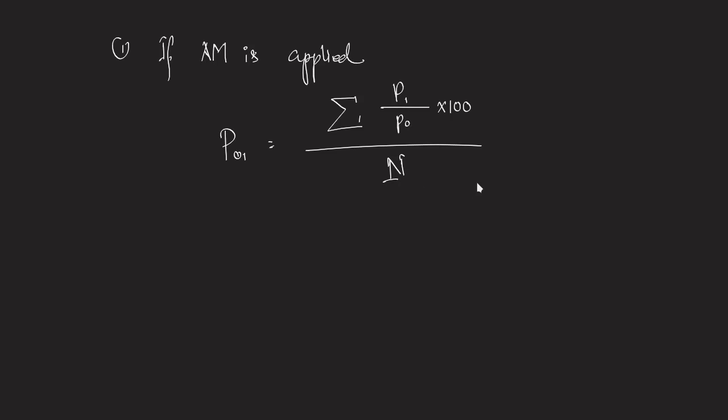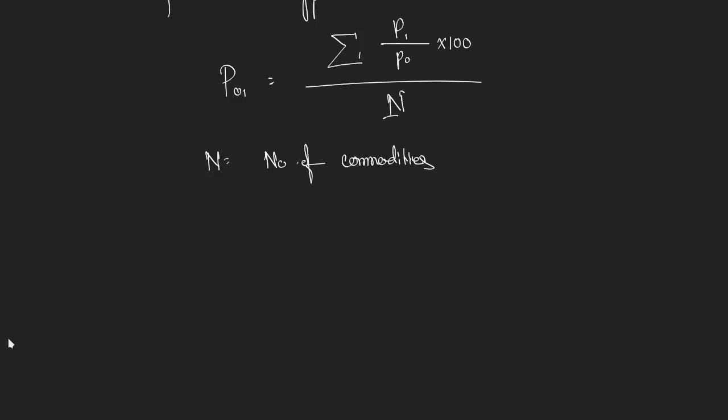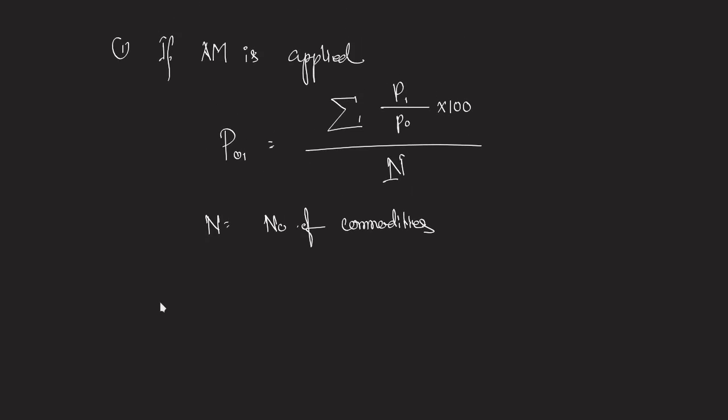N means number of commodities. So n is number of commodities. Yes, if arithmetic mean যদি apply কৰা, আৰু যদি geometric mean apply কৰা যায়,